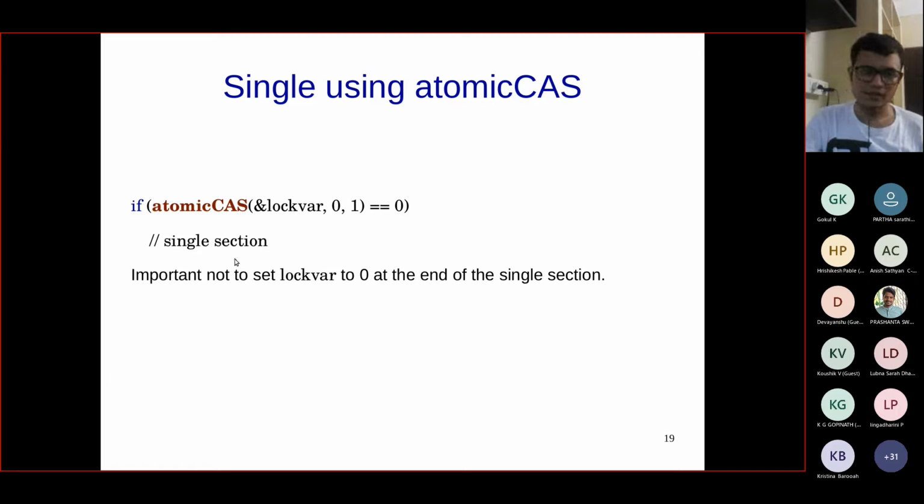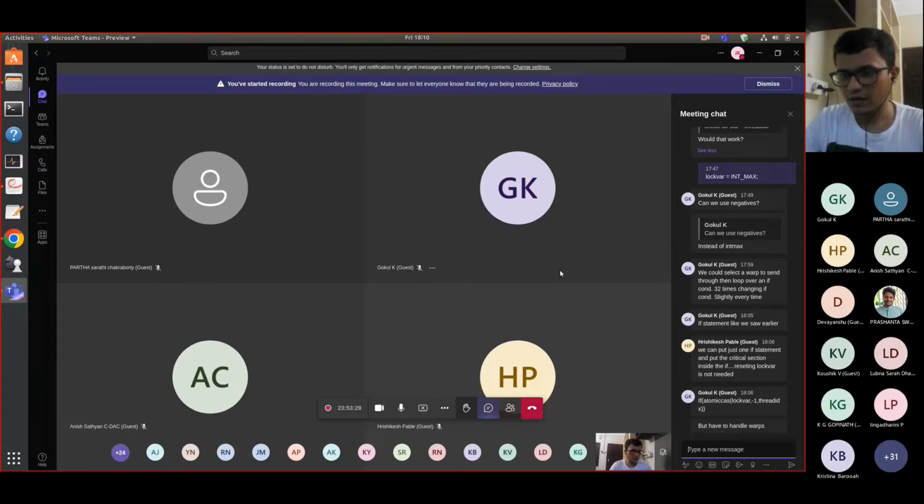And yeah, executing the instructions which are after the single section. So this is one of the ways in which you can implement it. There are multiple ways, but this is one of them. An important point to note here is that it is okay if we don't set lock wire to 0 at the end of the single section, because it won't lead to any issues with the way we want the single section to behave. It doesn't cause any issue with the functionality of the single section, even if the lock wire is not set to 0 at the end of the single section. I hope that is clear. If there are any questions,